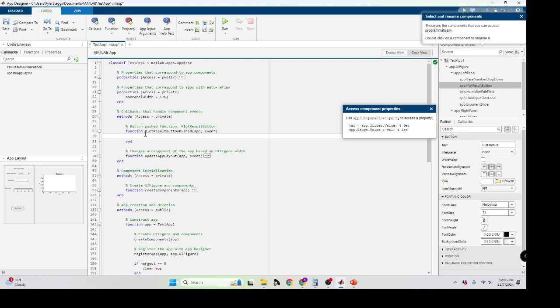We want to get a value, and we want to store that to exponent, equals app.slider value get. This is getting the app.slider value. So if we were to run this code, and I did this here,